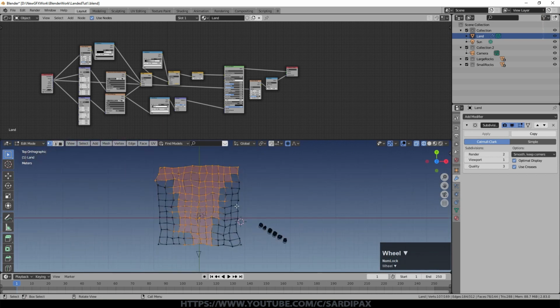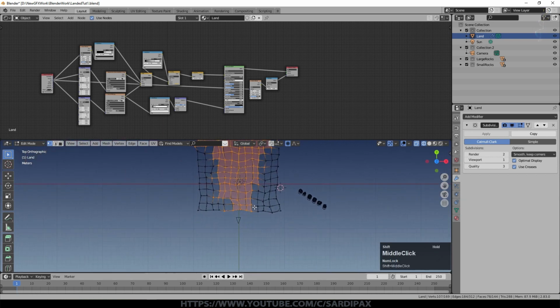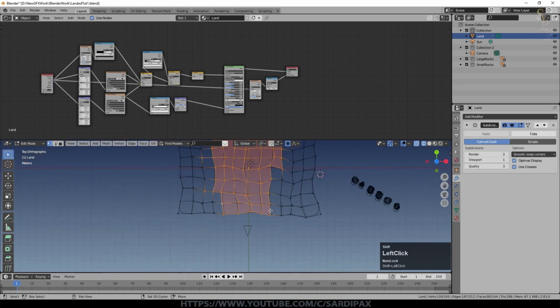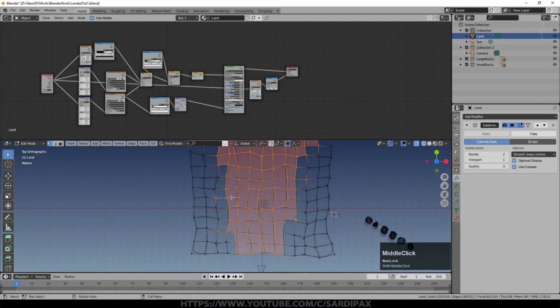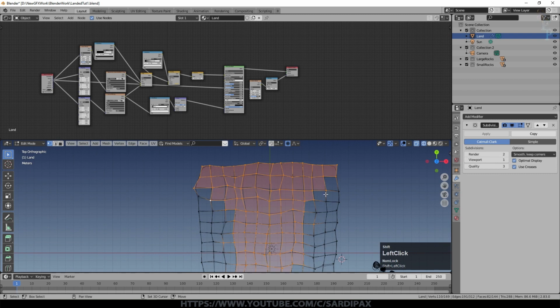Let's just have a look at what that looks like. And you can see it's this cone that you get. And I'm just going to add a few in just to improve that. I could, of course, add more vertices, and sometimes it's worth doing that. So we'll go with that.